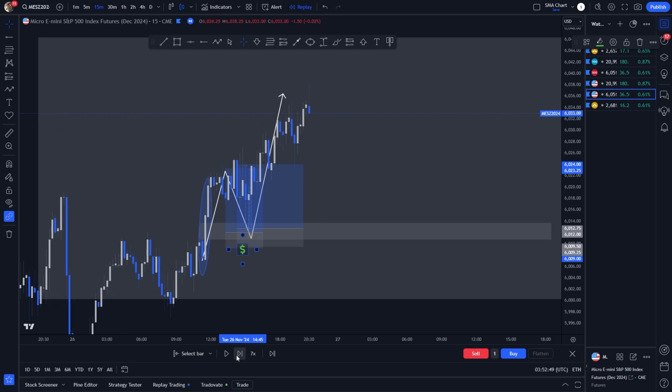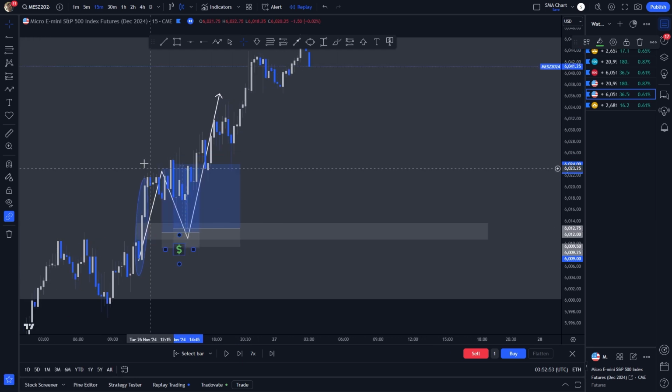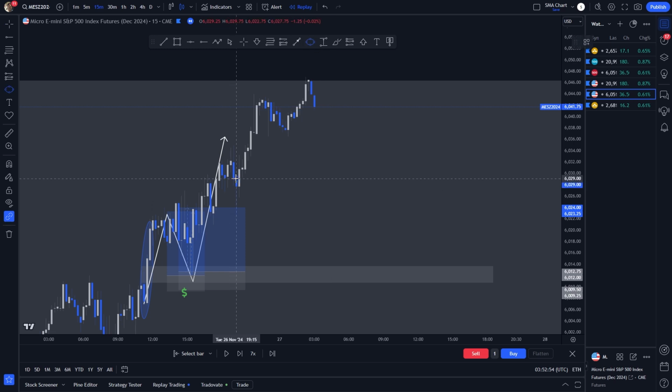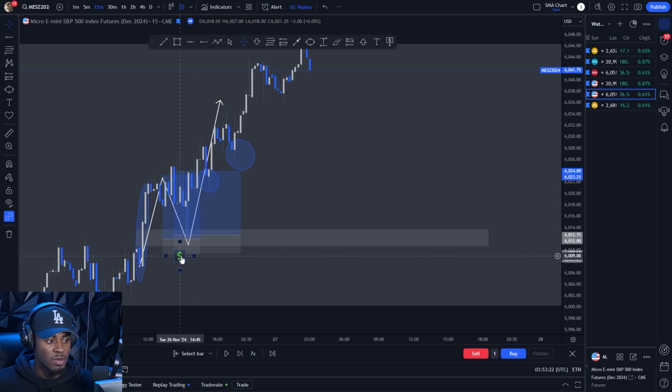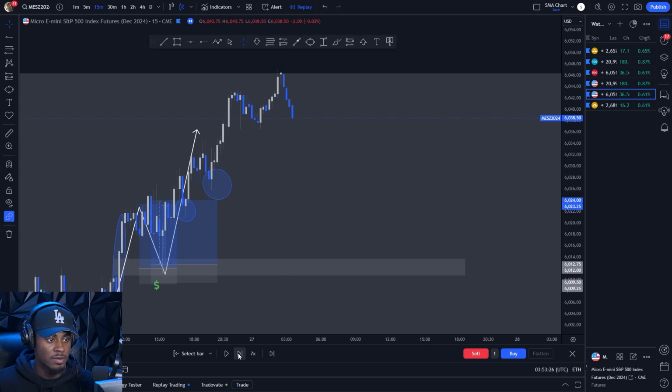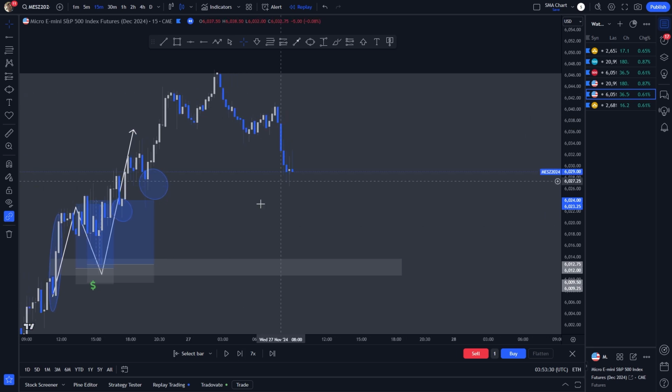Price does its thing, forms a nice gap. And remember, a lot of people are still hopping in the market. So people are hopping in right here because we're in an uptrend market. So there's structure where people are hopping in at these points or these lows to have a nice continuation. So there is more liquidity being generated, but we're going to focus on this pool of liquidity floating below this zone. So as we continue, price then starts to reverse, break structure,